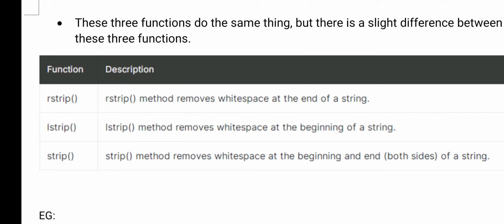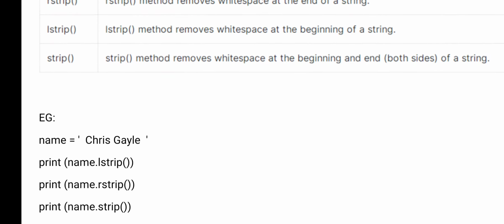Now lstrip: the lstrip method removes white spaces at the beginning of the string, that is, from the beginning of the string. Next, the strip function: the strip method removes white spaces at the beginning and the end, both sides. So this is about removing white spaces from a string.